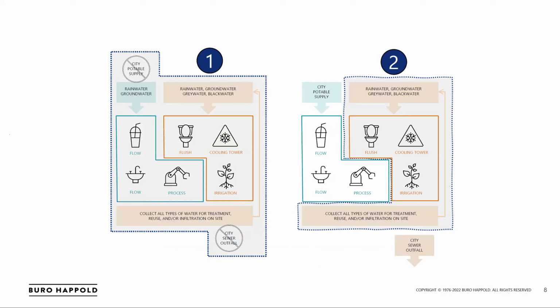We've started to look at the idea of water cycles for buildings in two different ways. Number one, on the left-hand side of the screen, net zero water, zero city potable, zero discharge, everything gets reused within its own cycle. And on the right-hand side of the screen, a different version where it's zero potable water use for non-potable purposes, which ultimately can have a reduction of something like 80 to 90% less potable water use for all of our buildings, while still being able